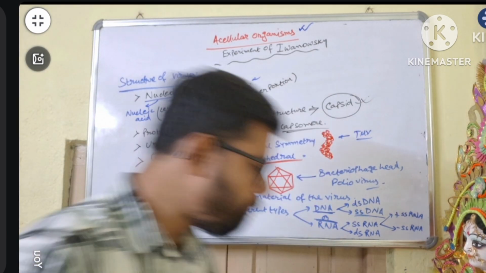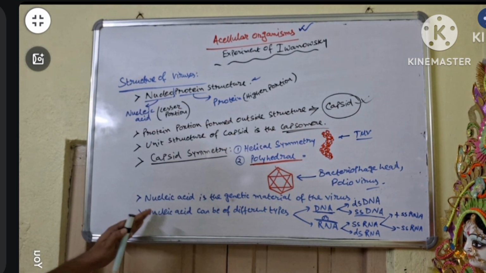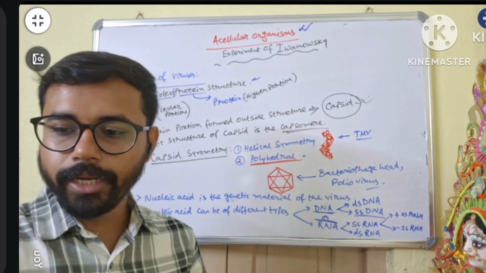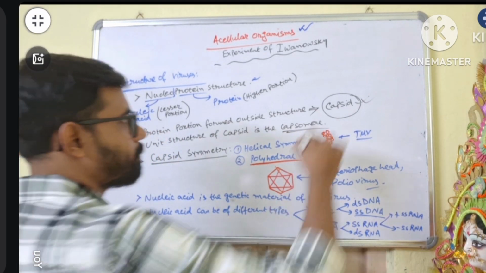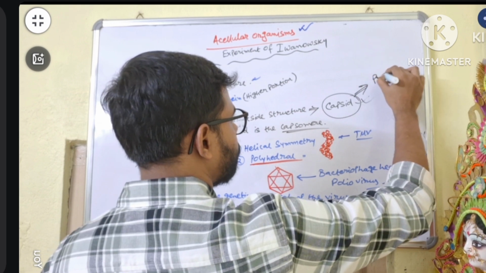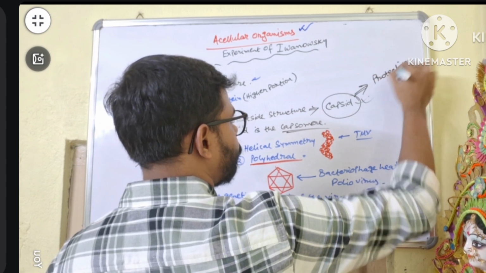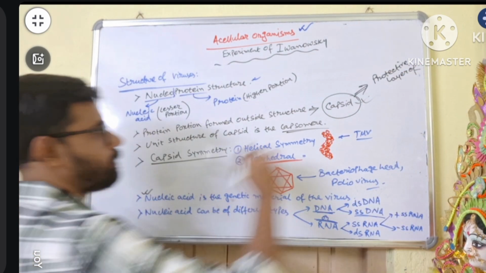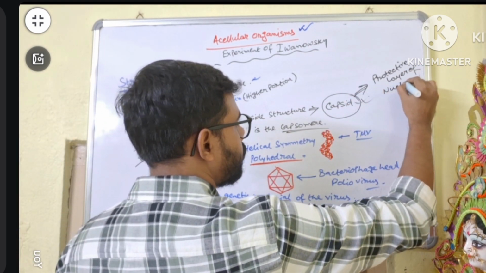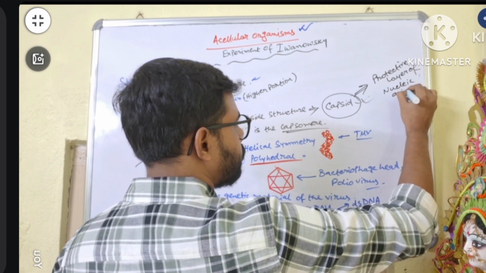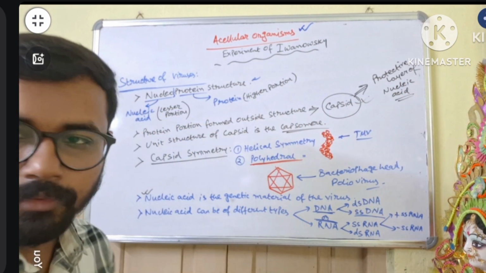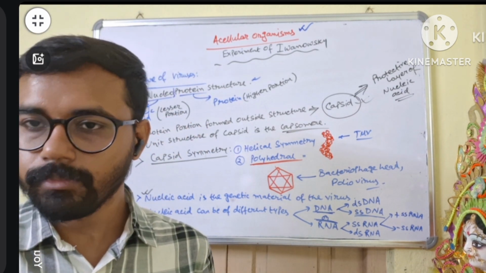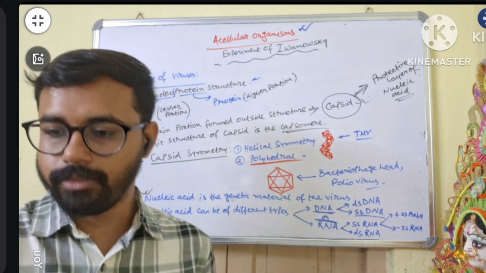So what is the function of the protein, meaning the capsid, and the nucleic acid? The capsid generally functions as an outside protective layer in the virus structure. So the capsid's function is as a protective layer of the nucleic acid. It protects the nucleic acid. That means the capsid is present because of nucleic acid protection. Yes or no? Clear?